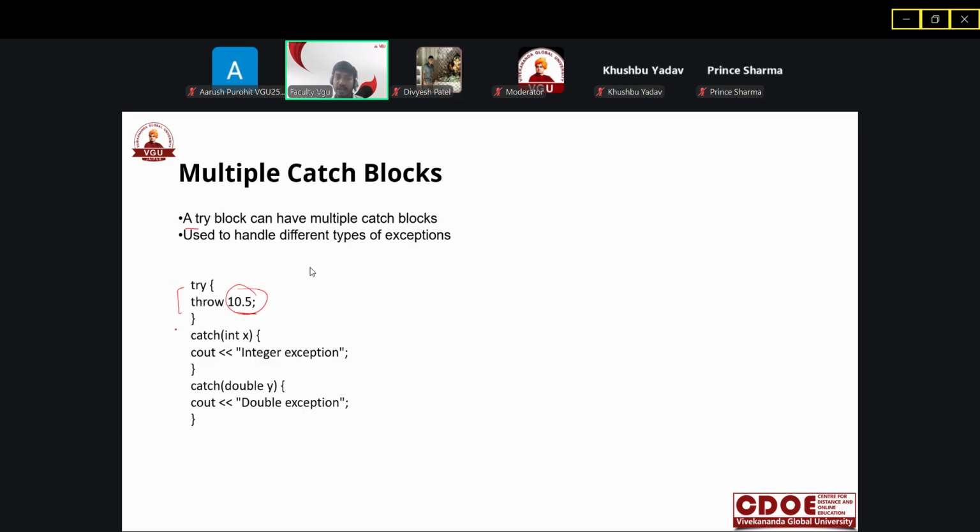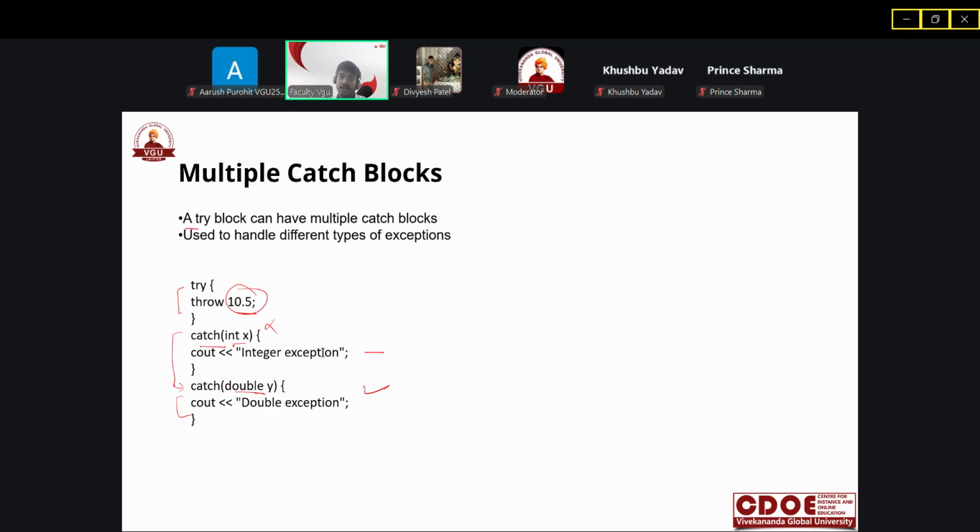Here it will check which kind of exception is accepted by the catch. This catch block only accepts an integer exception, so it will not be executed. Then the exception goes to the next catch and checks whether it is a double. The exception is a double, so this catch block will be executed.